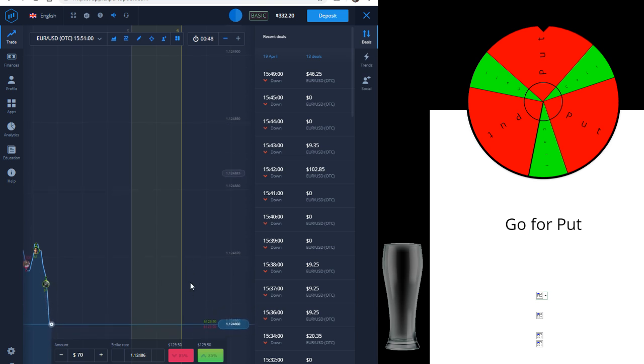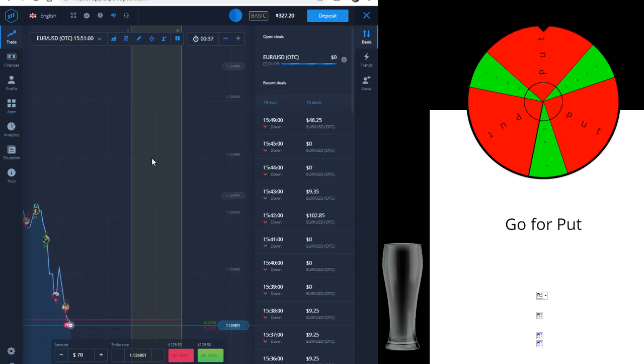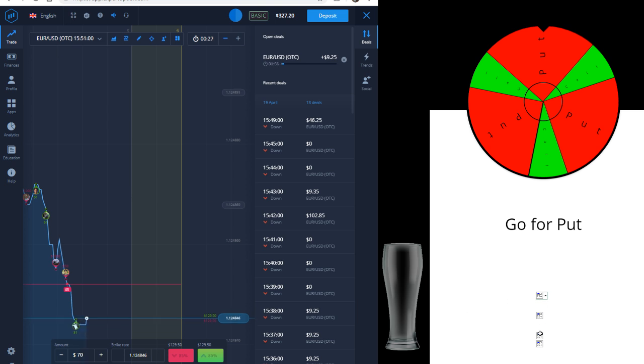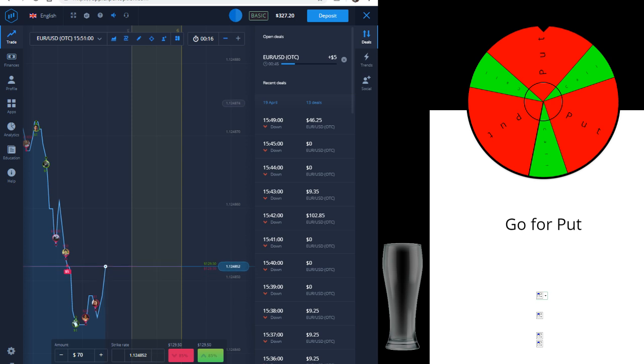Okay, everything looks okay. I'm using Euro USD. For this strategy to work, you don't need to worry about the direction. You don't need to worry about the currency pair. I would recommend to start the balance off with $600. Ideally, I've worked it out to be $1,622, but I'm showing you guys and girls with $300 and with a